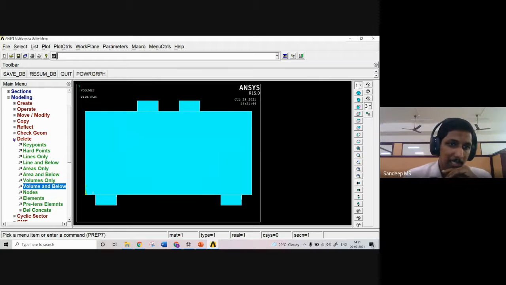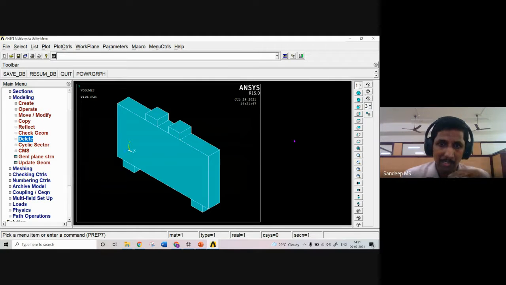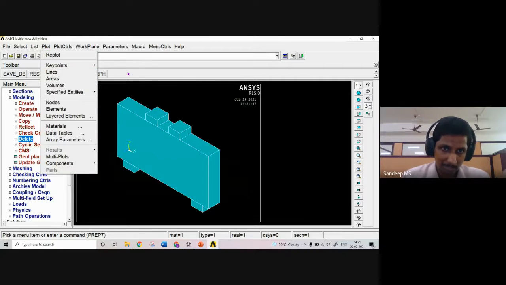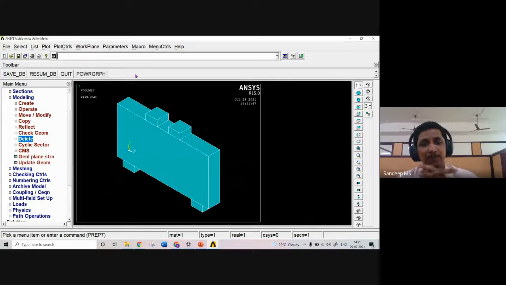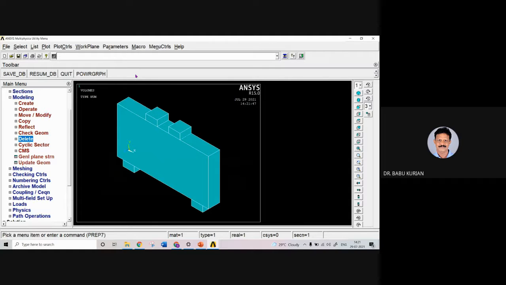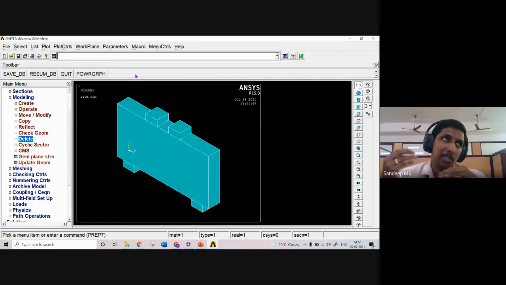Now we have completely modeled our beam, bearing plates as well as reinforcement. Say if you plot the lines. Yes, sir. If the key points are not deleted, what is going to happen? There will be an error message, because in the final stage, when you conduct the analysis, these key points will freely float in space. They will not be constrained.